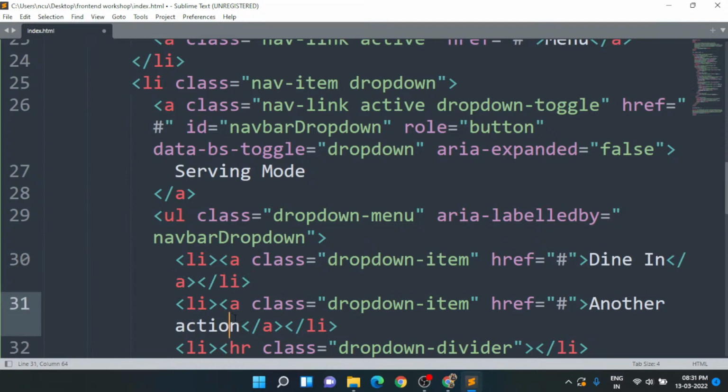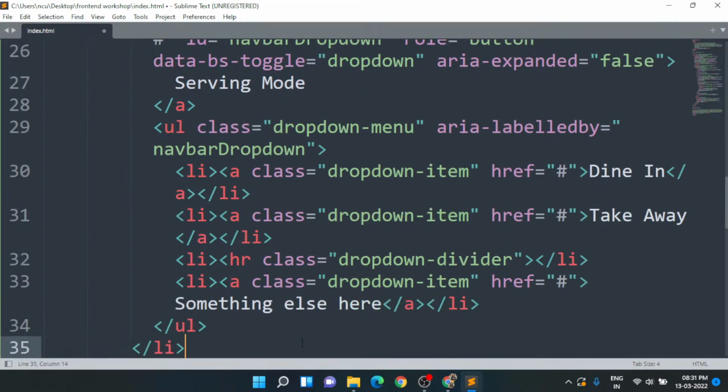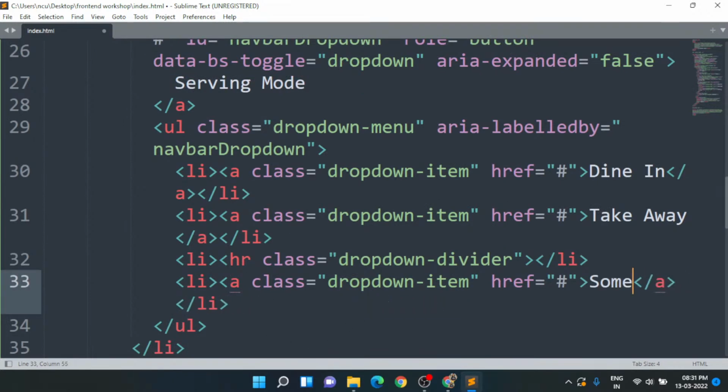Then next will be take away. Then next one is delivery. So these are the serving modes which you want to opt. You can opt anyone. Okay, just save